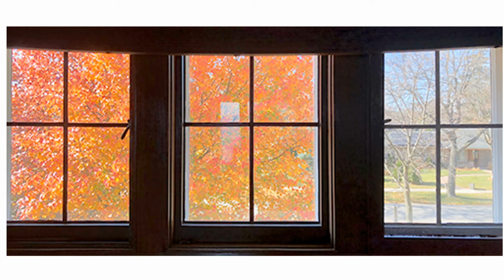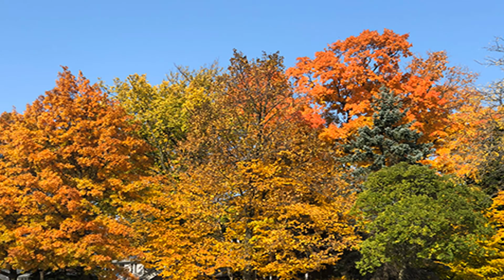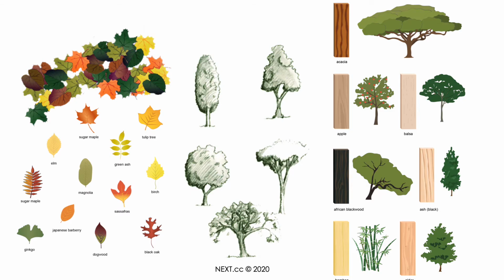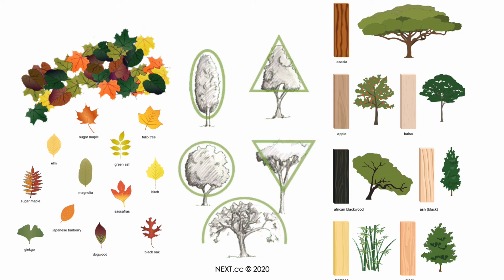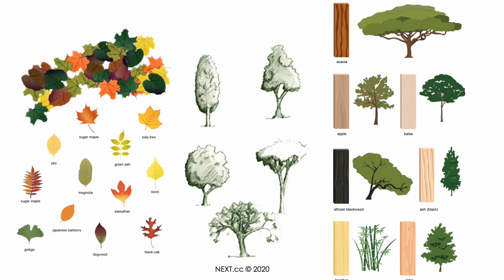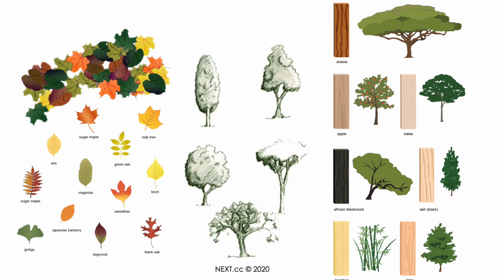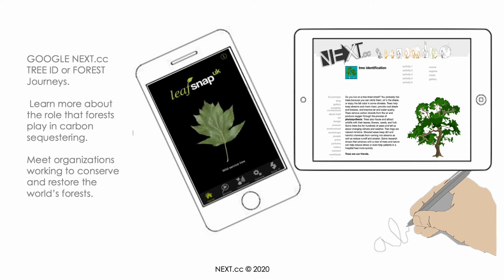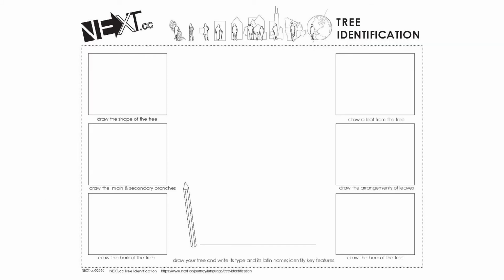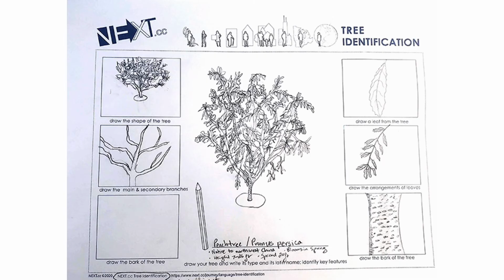So, looking out. Now, these are trees in my neighborhood, and we know that the rainforests are being depleted, but many of us cannot name the trees in our own yard or our schoolyard or our community. So, looking at trees, their shape, their leaf colors in the fall, their arrangement. Go to NEXT.cc Tree ID, use the free leaf snap, just take a picture of a leaf and it will help you. Fill out a worksheet to identify a tree by drawing its bark, its trunk, its shape, its leaf,